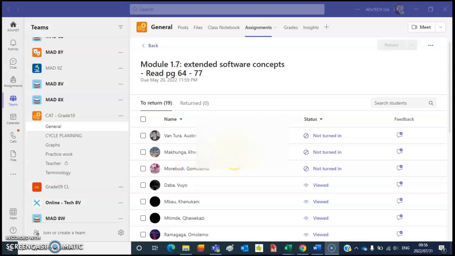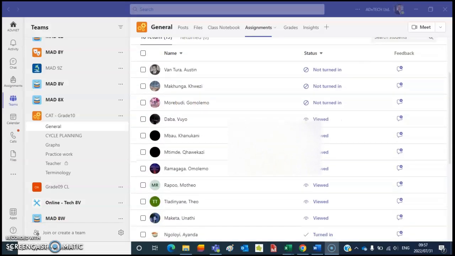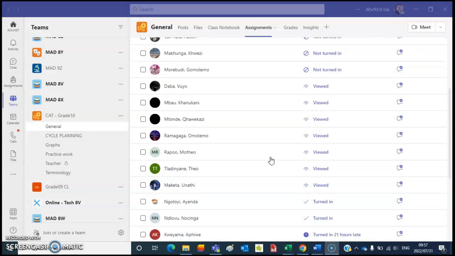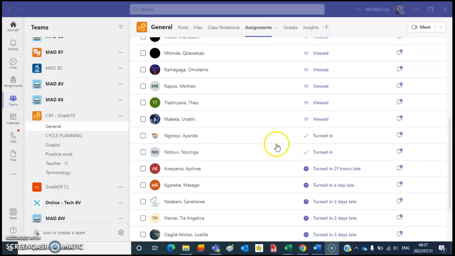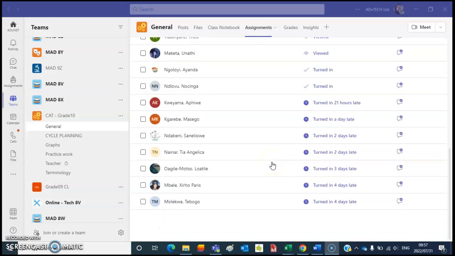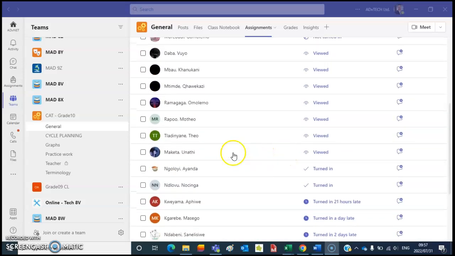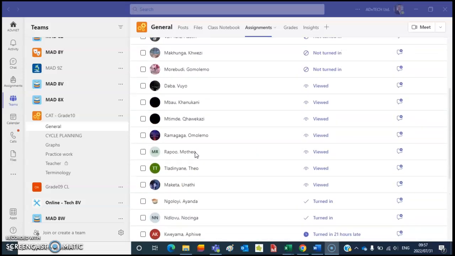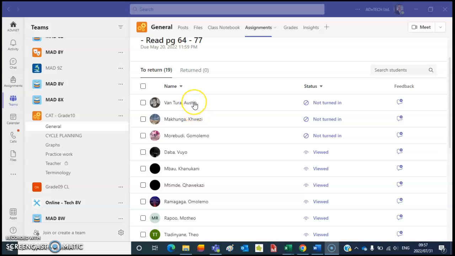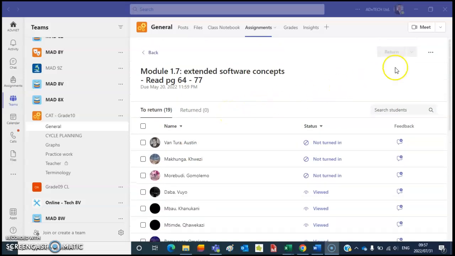So I come to an assignment and I see there are a lot of assignments that have only been viewed, some are not turned in, and there are only really 2 students here that have done the work. So I'm going to go from this student all the way to the top and make sure that their parents get emails about this. So to start with that, I'm going to export